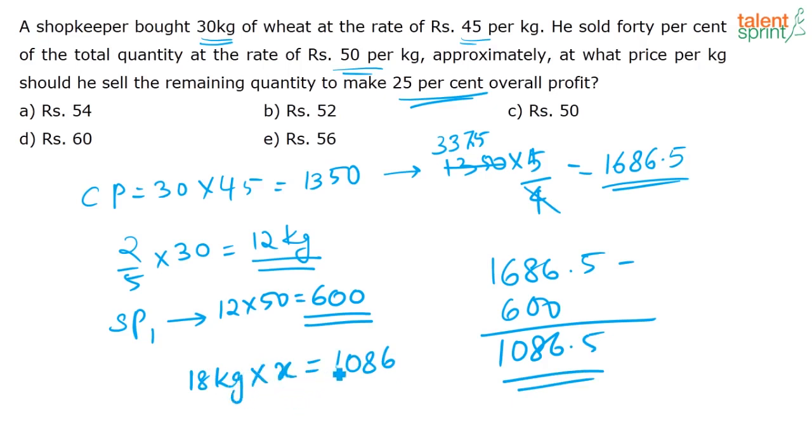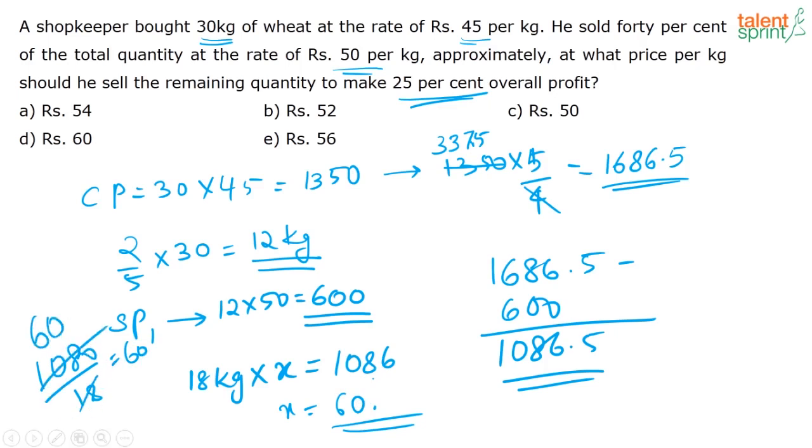So 1086 means, see, we know 108 divided by 18 is 6, correct? Because 18 into 6 is 108. So I can say that x is approximately how much? It is 60 point some value. Anyway, they have given approximate values here. So I can take x is equal to 60. Actual answer would be 60 point some value. 1080 divided by 18, we know is 60. Here we have 1086, but since the options are also approximated, directly you just do 1080 by 18, that is 60, and you just take the answer as 60, that is option D.